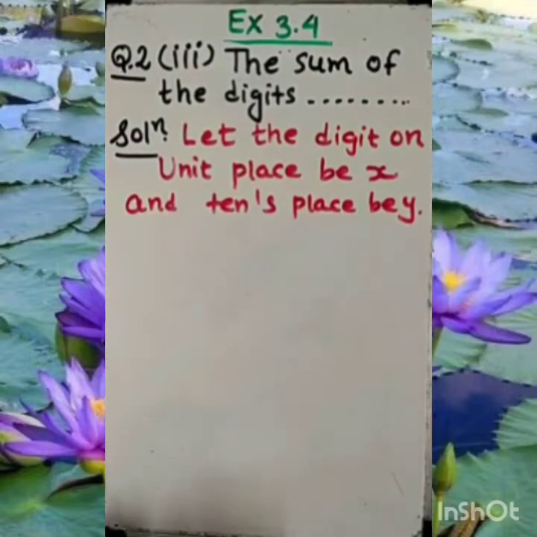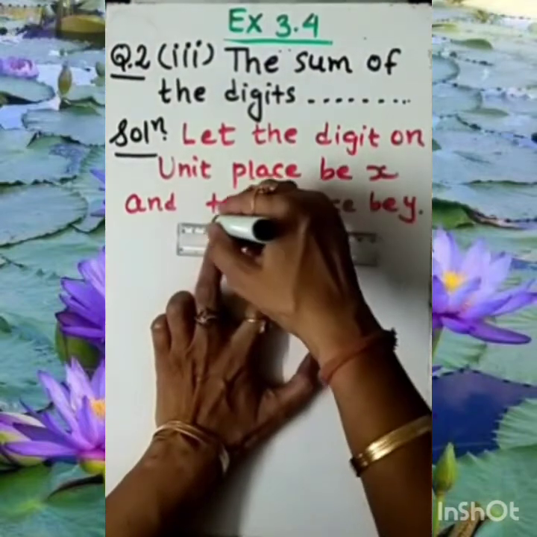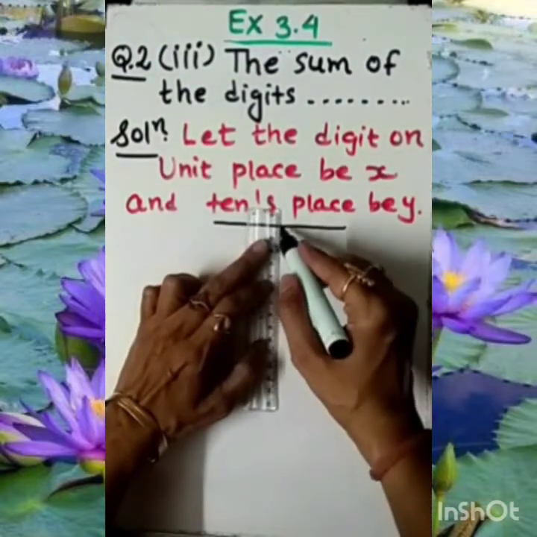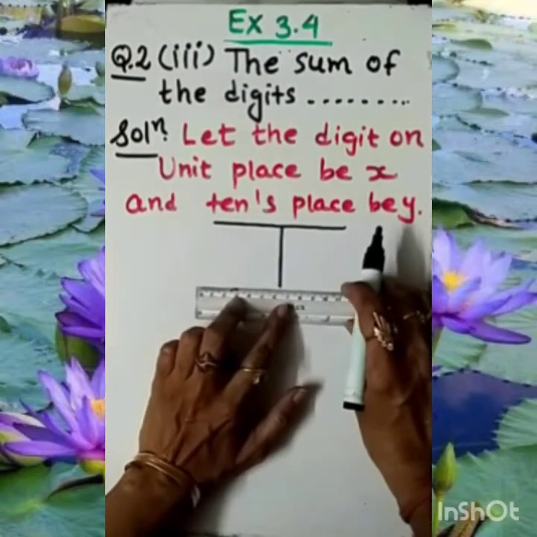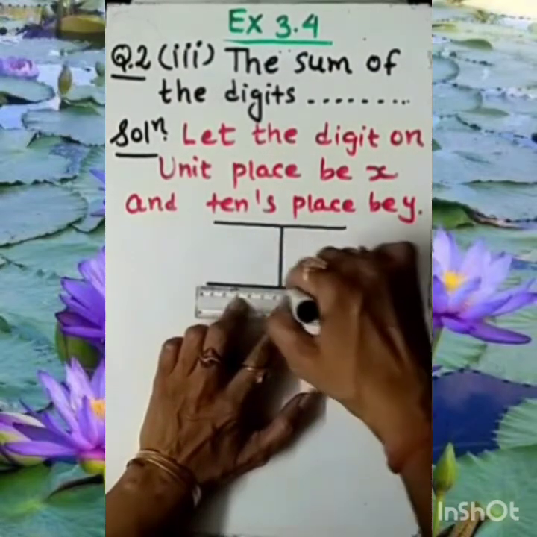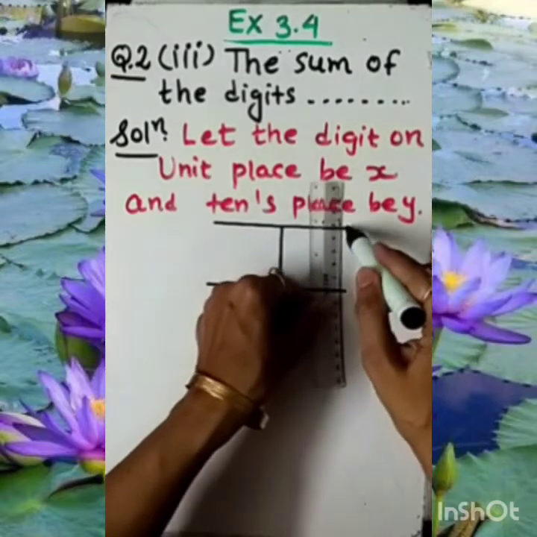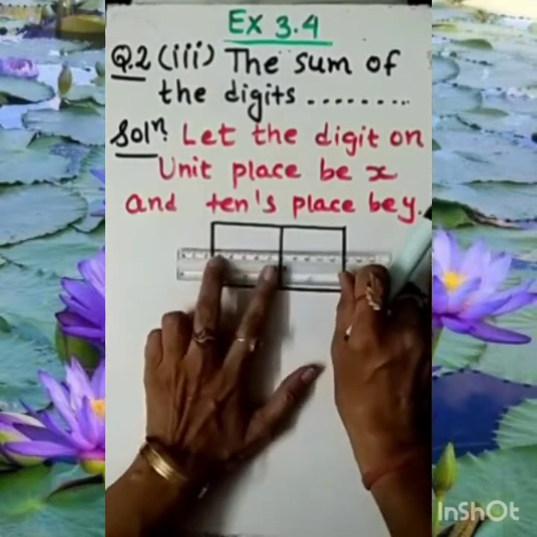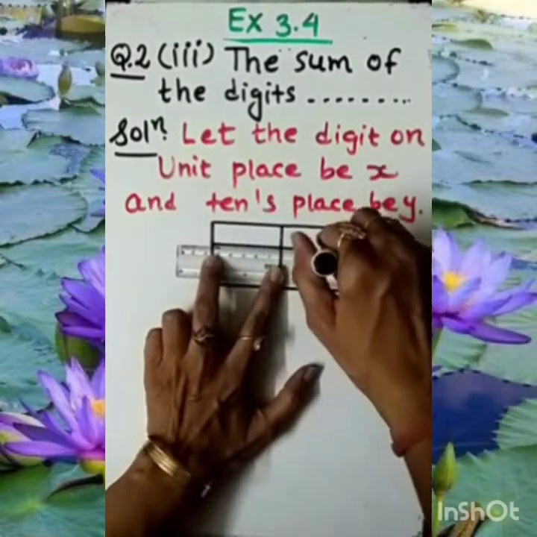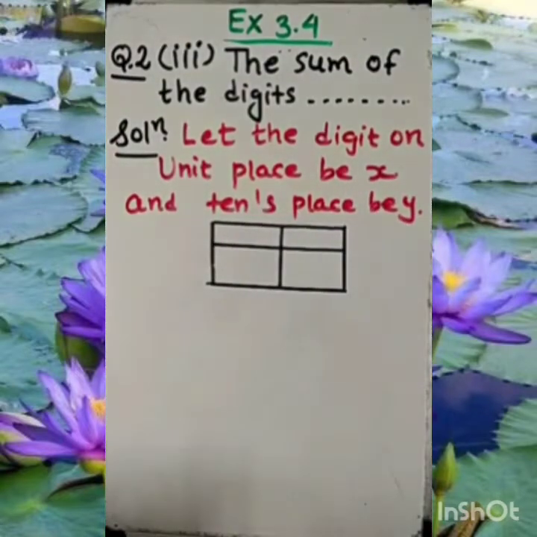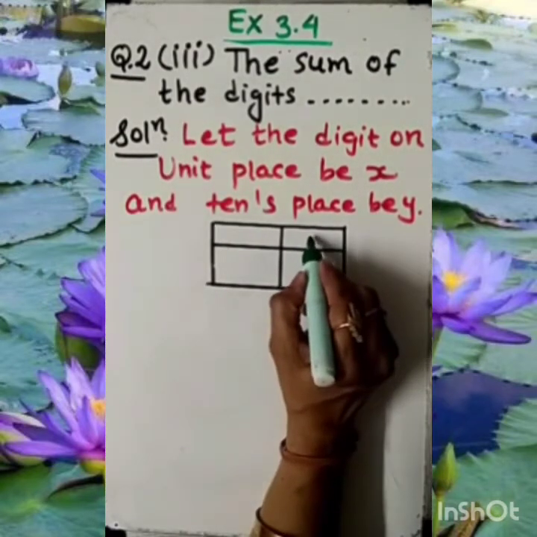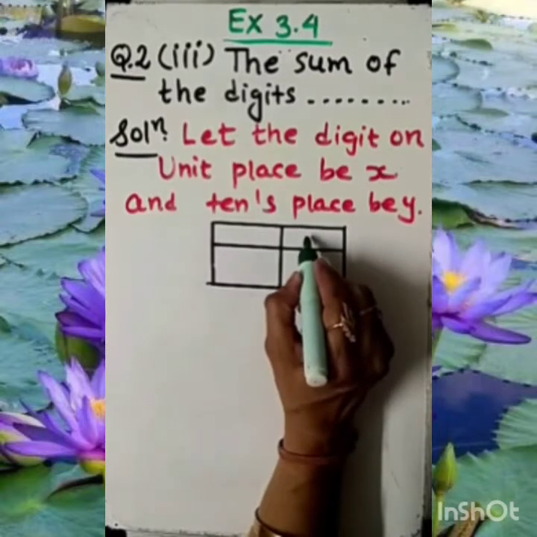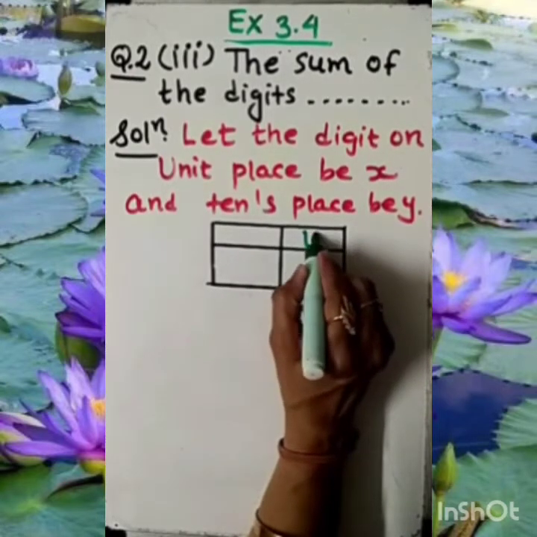Now, for your better understanding, I am asking you to draw one small table this way. That is very important for understanding the question nicely. A two-digit number has two places. First, keep this in mind. Which two places am I talking about? One of them is unit place. We call it ones place also. So I am asking you to mention here, this is ones place, or we can call it unit place, U.